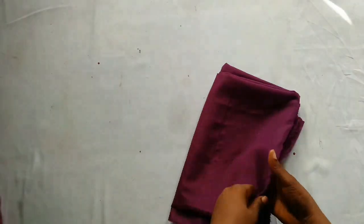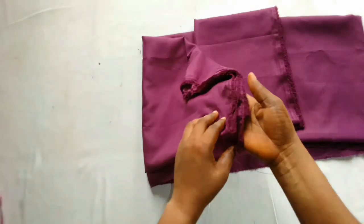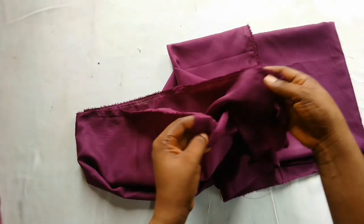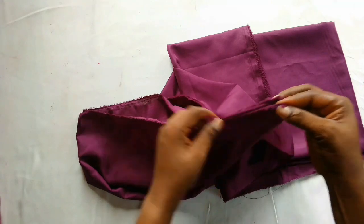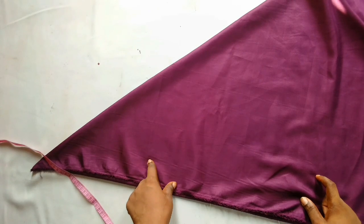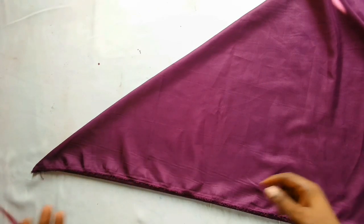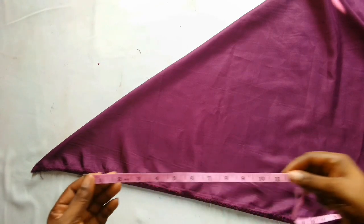For the lining, you can decide to use hard nets or to just make it like that. Here I have 2.5 yards of lining. I'm going to fold it the same way I folded the satin. That is in a triangle way. So this is it after folding it. Remember, the waist is 28 inches plus 1 inch for seam,